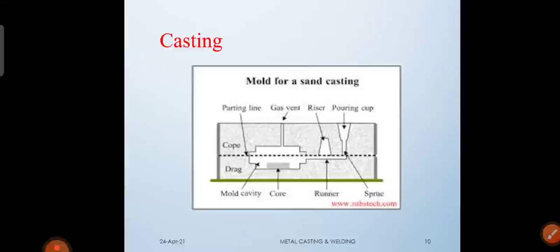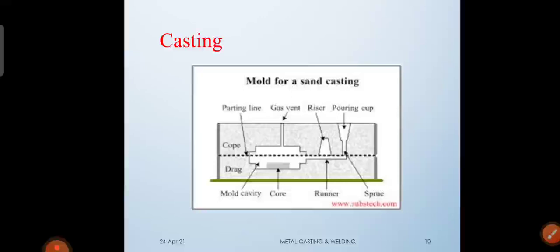Casting basically involves these steps: first is pattern making, second is melting, molding, pouring, solidifying, and cleaning.